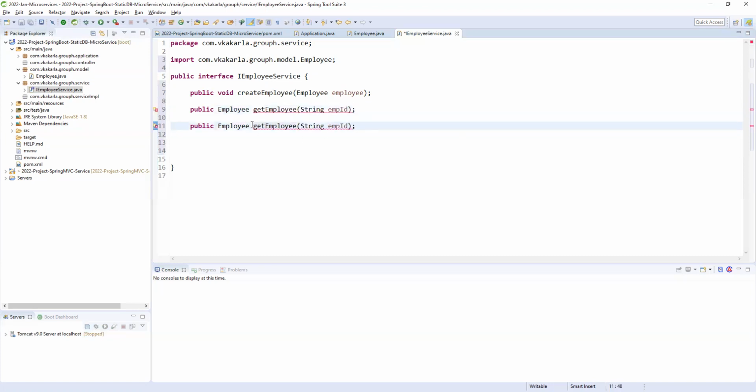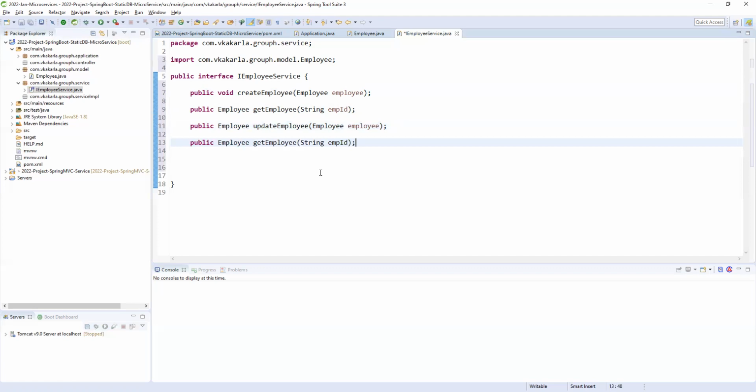If you want to see what is updated, you can return the updated employee. Again, you need to pass the employee object here for update employee. And the delete employee we can write here. No need to write any return type here.